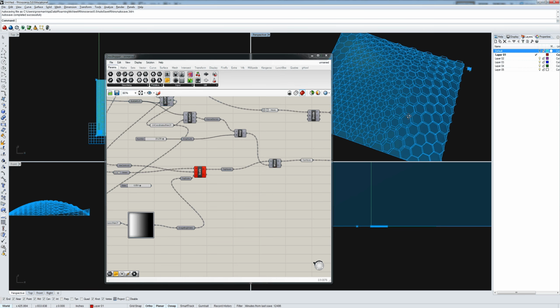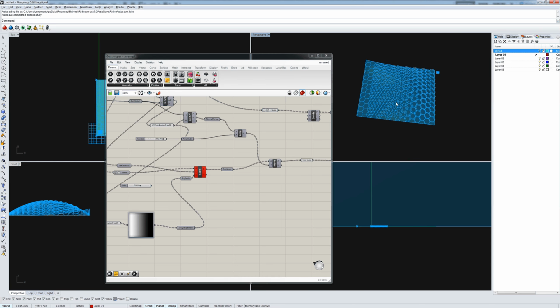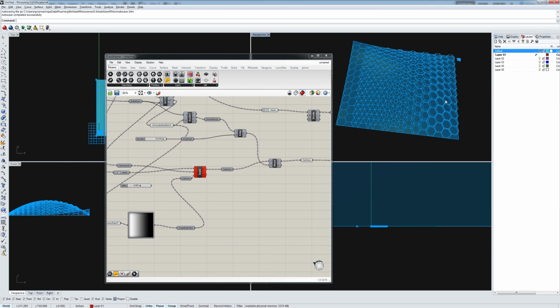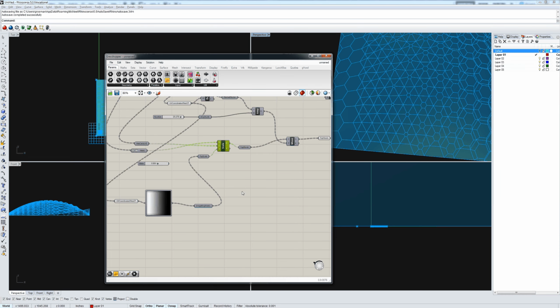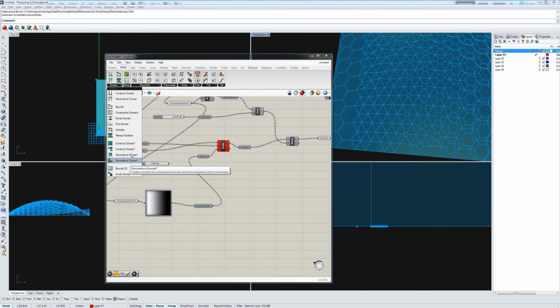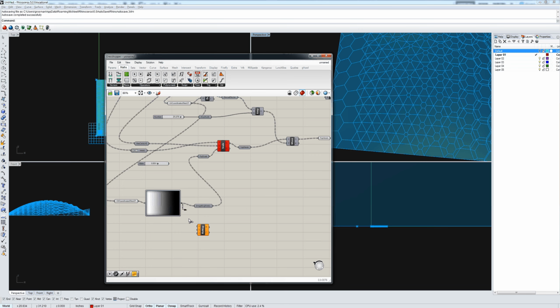now all of a sudden you can see that the openings are much bigger over here and much smaller over here. You can see that it's failing, and it's failing because the openings go to 0, which is why that turns red. So maybe what we need to do is remap the numbers. Let's just do that really quickly. So remap the numbers. This is our image brightness, which we know goes from 0 to 1. So our source domain is 0 to 1. Our target domain is whatever we want the numbers to fall into. So if we construct a domain,